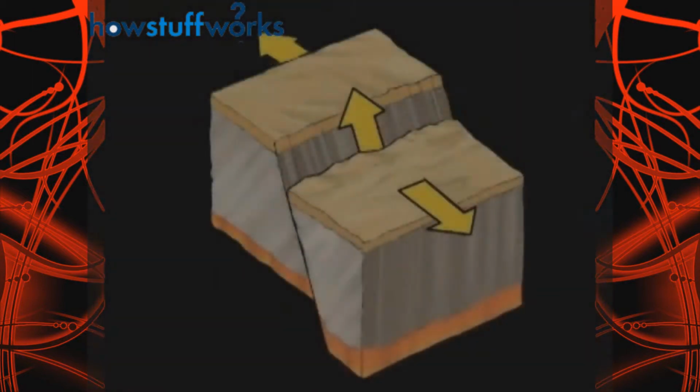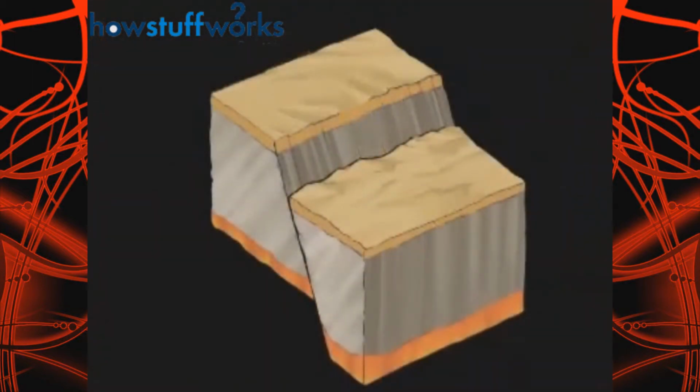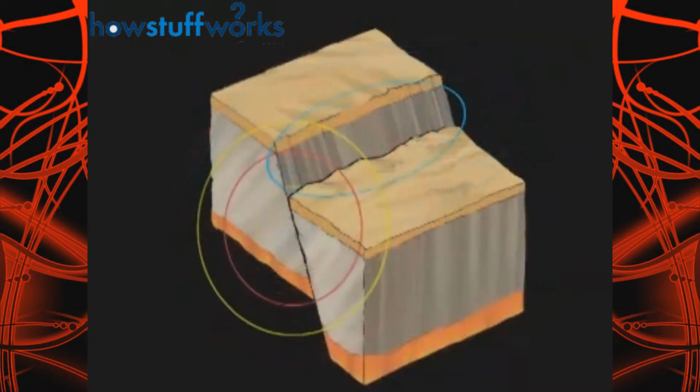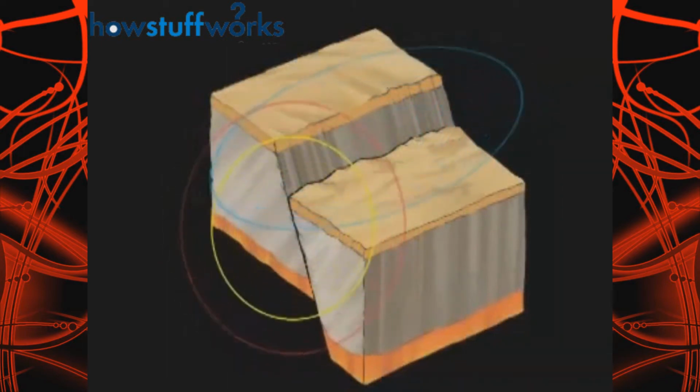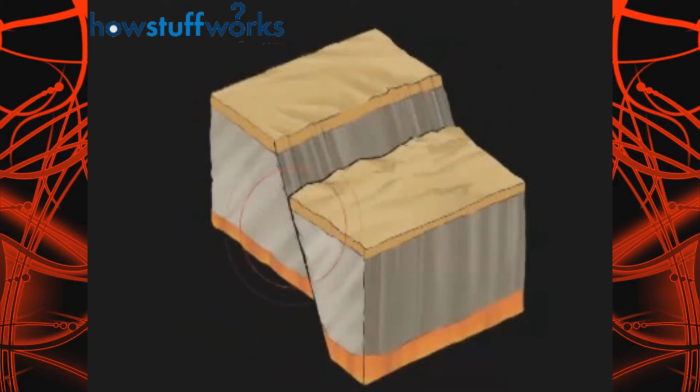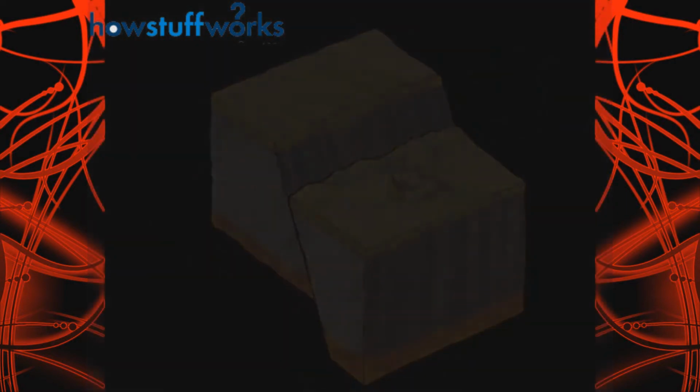When the shift occurs in the Earth's crust, the energy radiates out as seismic waves. The waves are like waves of water in a pond, but here the waves are radiating through the Earth and making the ground shake. There are 3 kinds of waves: P waves, S waves, and L waves. P waves cause the thud at the beginning of the quake, while L waves cause the most damage because they move foundations. Most earthquakes register less than 3 and aren't even felt by humans. For us to feel it, an earthquake has to register at 7 or more.